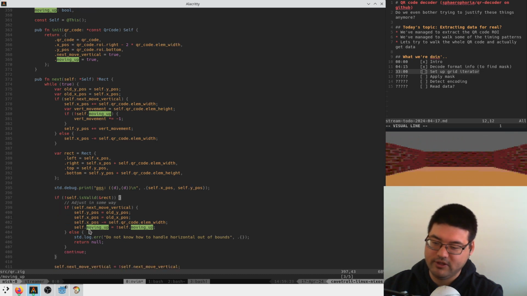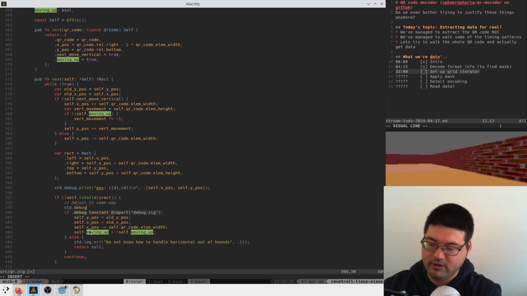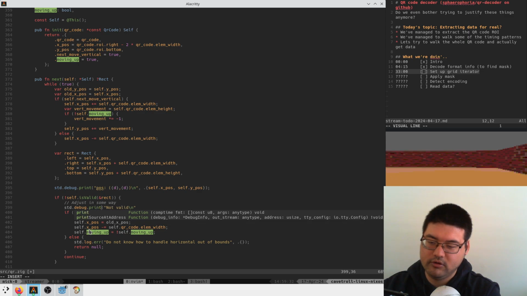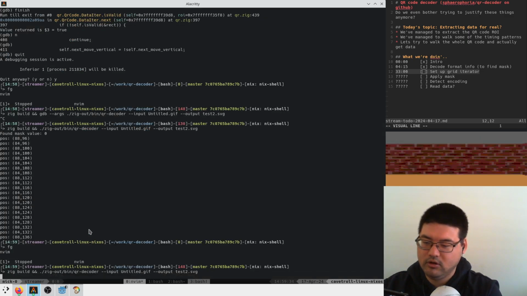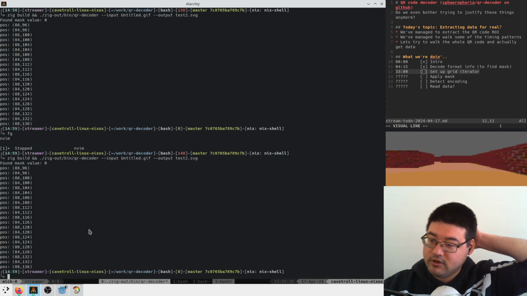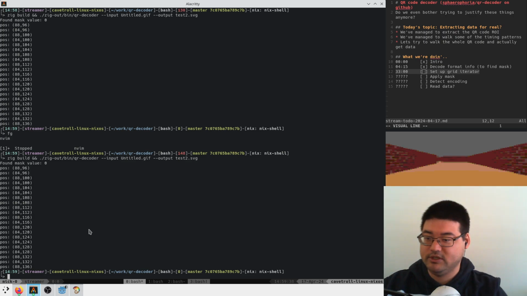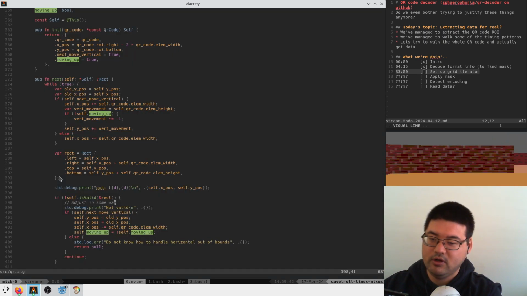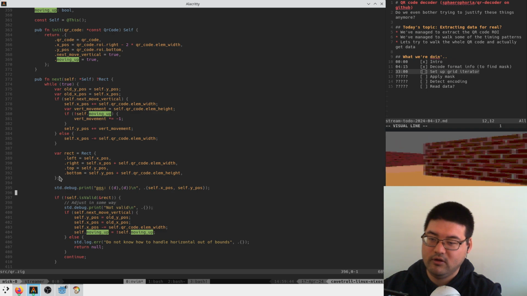Maybe we'll also print that we're not valid. Stood debug log not valid. Stood debug print. Let's just see. So here we have all valid positions, but we are moving down instead of up. So that just means that